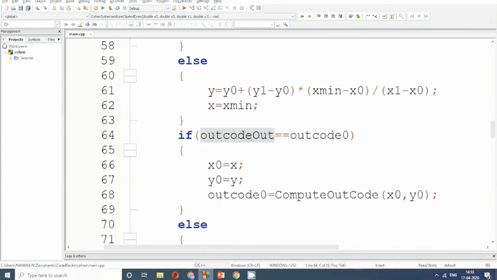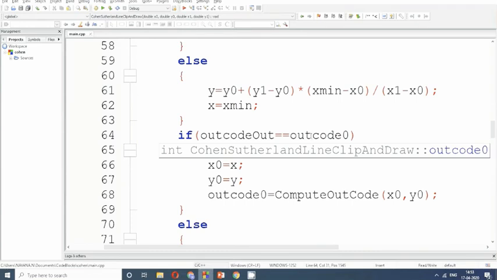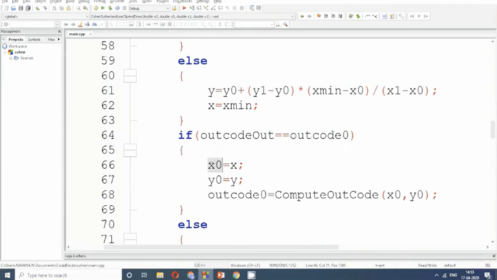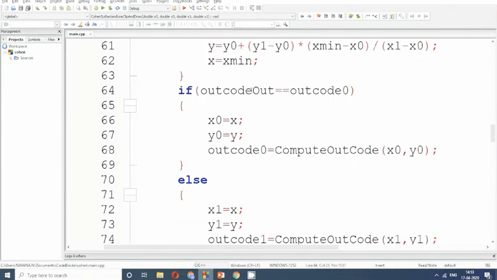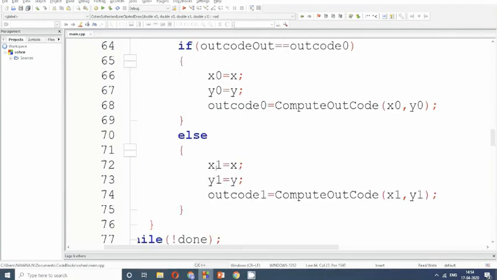So for that, we will see if outcode out is carrying the value present in outcode 0. If yes, that means outcode 0 is x0, y0, right? So I'll update x0, y0. If this is not true, that means outcode 0 is carrying the value of outcode 1.